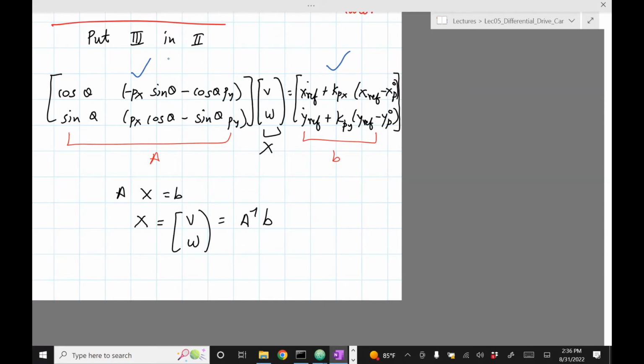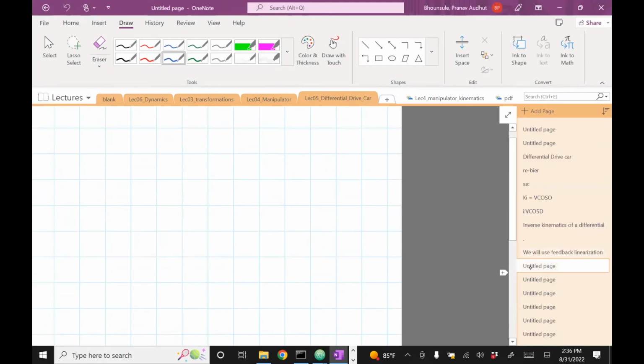So how we control the speed of the left and right wheel is coded in v and omega. So once we know v omega, we can then control the robot. But for that, we need to compute A and then A inverse and then B. So I'll just give you the form for A inverse. And then instead of writing A and then inverting it, we'll just use that A inverse. And that will just make it slightly easier. So for a 2x2 system, it's kind of easy to get A inverse. So A inverse equals